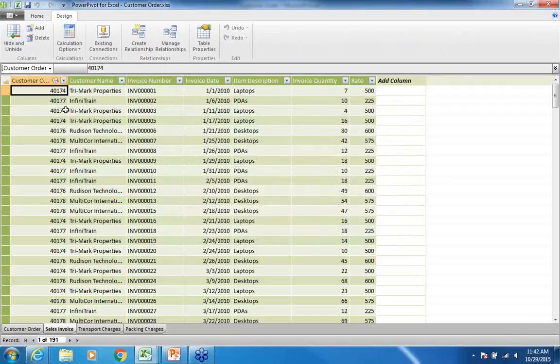Once you create the relationship, PowerPivot will put small icons on the column titles. Notice as I'm hovering over that icon, it'll tell me that there is a relationship from customer order is related to the customer order column in the customer order table. All right, we'll build one more relationship,